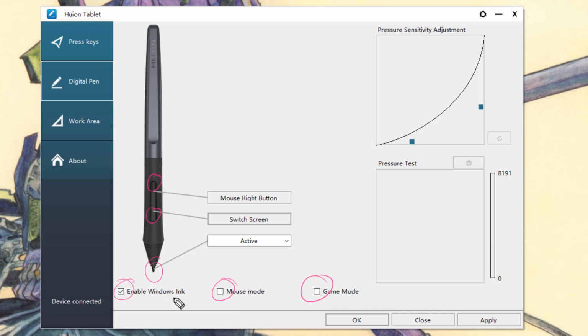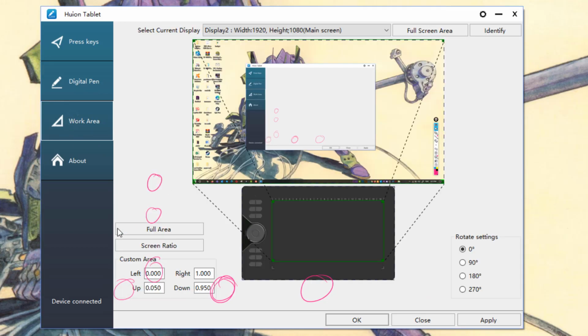First, enable Windows Ink. It's actually to enable Windows support for the pen input in the Windows system, like scrolling by doing it with the pen, something like that. If we check it, then it will work. And then the mouse mode. The mouse mode is quite hard to explain. I just want to go to this tab first to try to explain it. So, first we will talk about mouse mode.